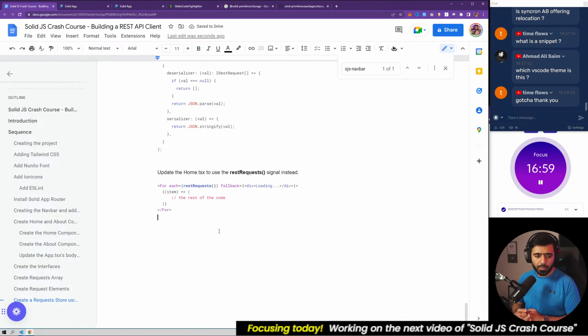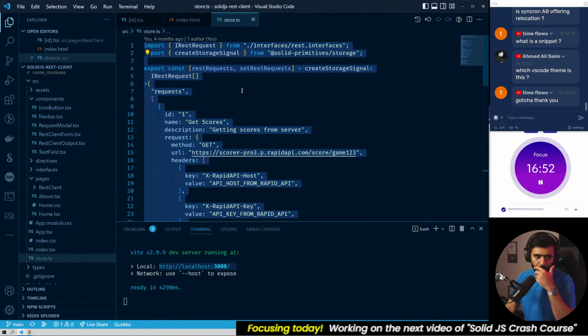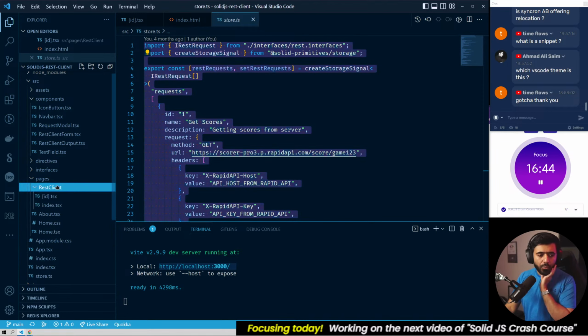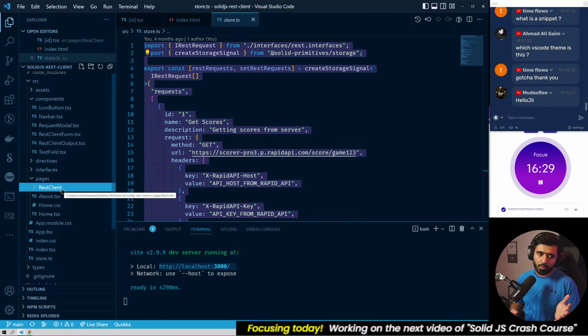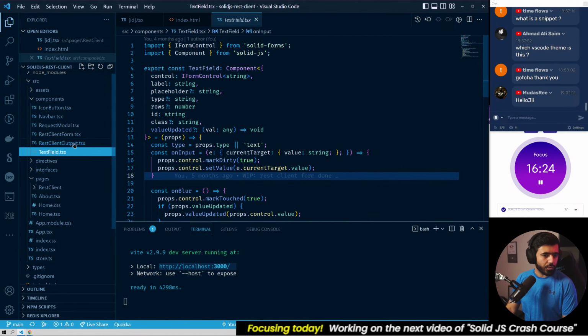So we've got the REST request there. What's next? So we got the storage created, we got the REST requests. Now I think we could actually add a request to this. We got the list of requests, we got the storage, and now we can talk about adding a request. Let's actually do that in a bit. So